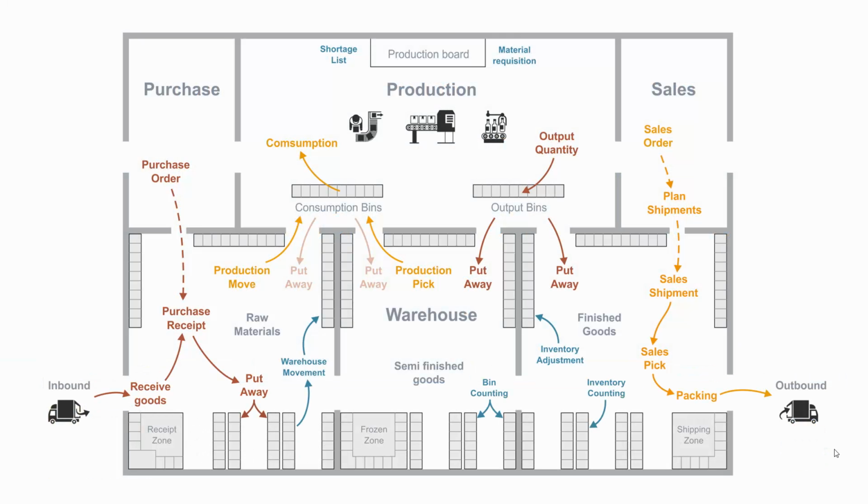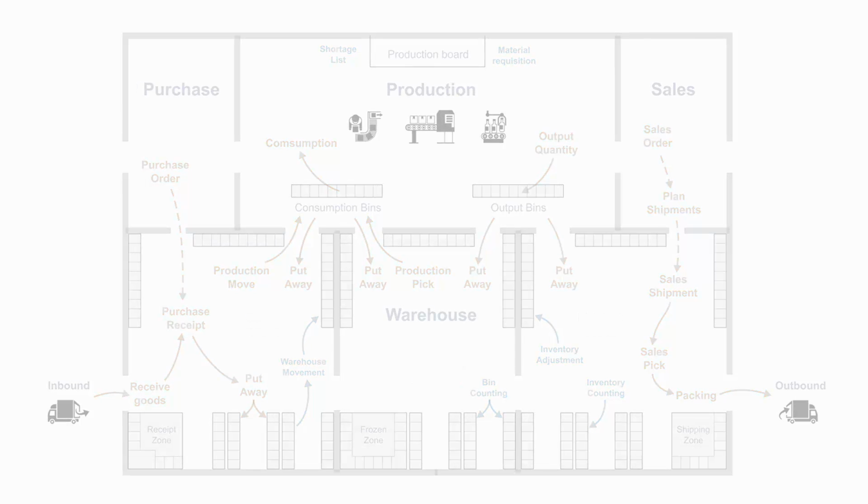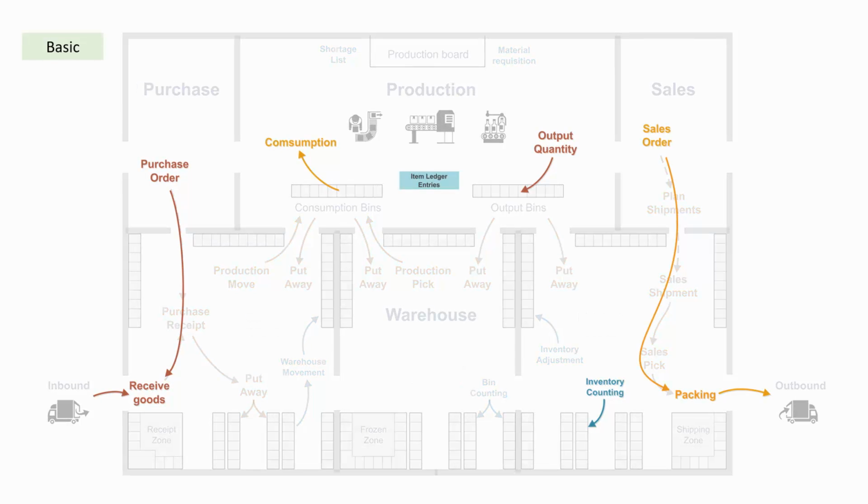In Business Central, the location card determines how the warehouse setup is working. Let's see the different possibilities on the location card related to the inbound side. First, let's look at the very basic setup. We have a purchase order, we can receive the goods, and we put it on stock.